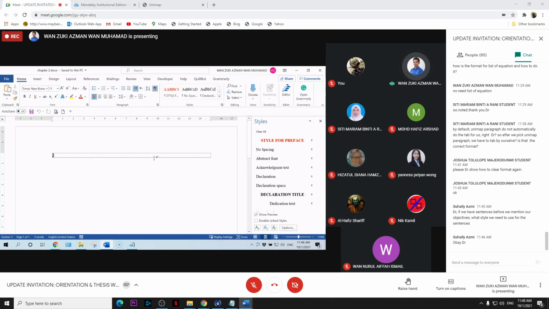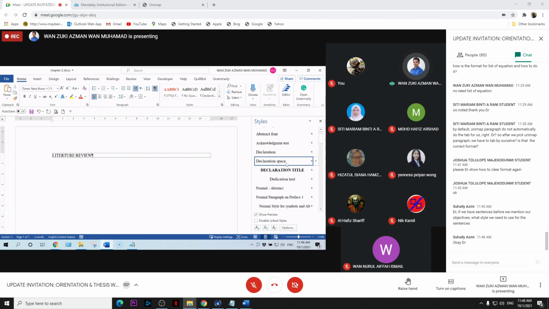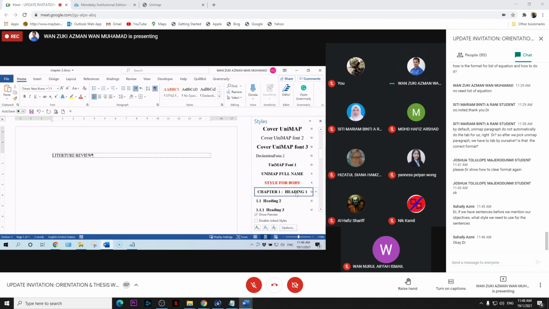Okay, for chapter 2, you just type literature review in capital letters, and then you select the style. The style is what? Heading 1. You notice that, oh, literature review, but why the chapter number 1?